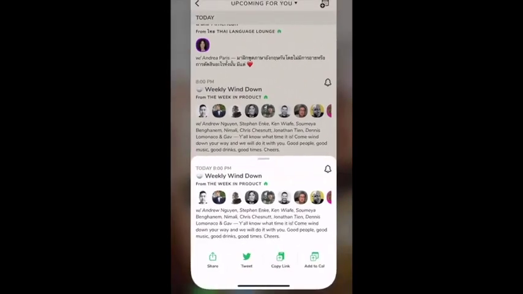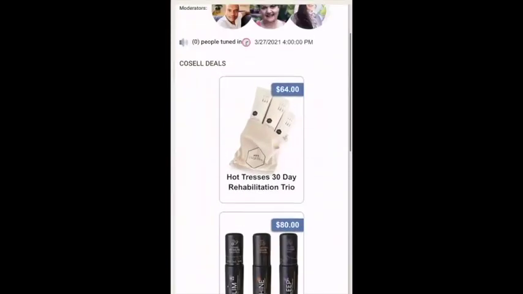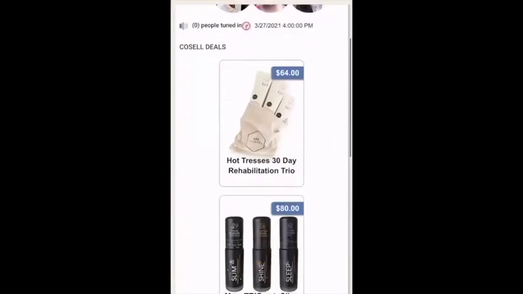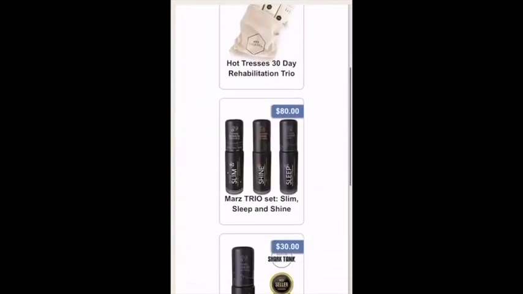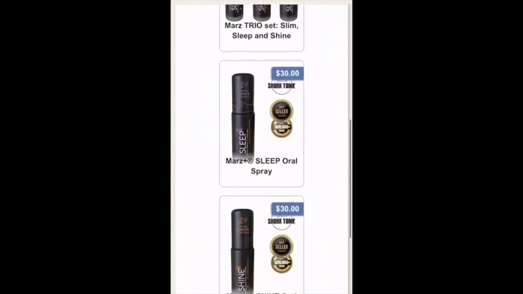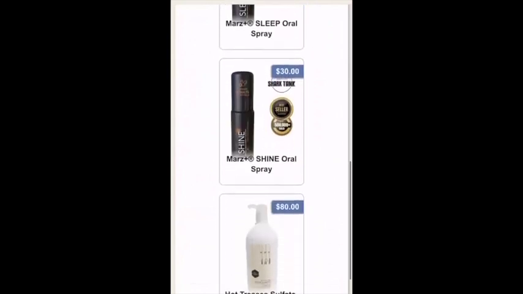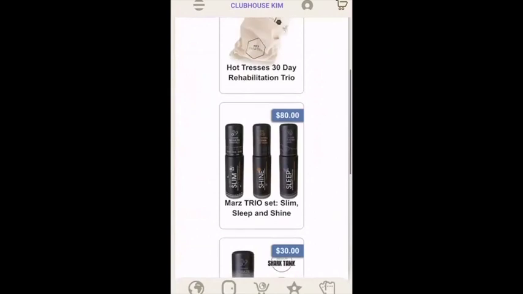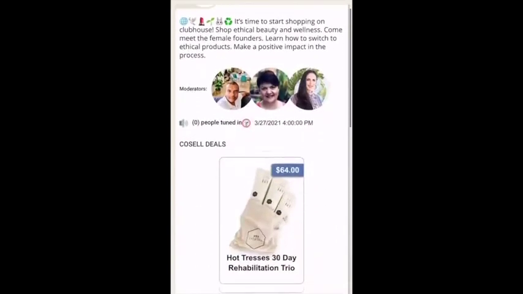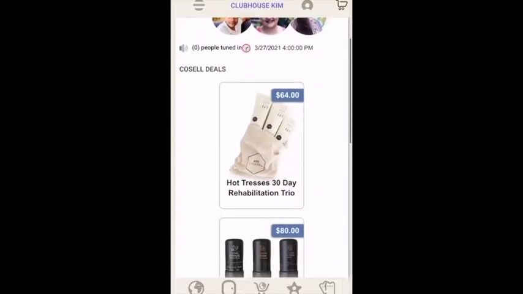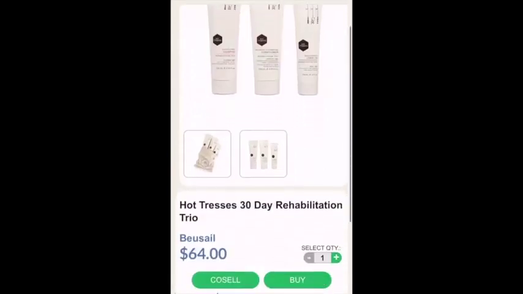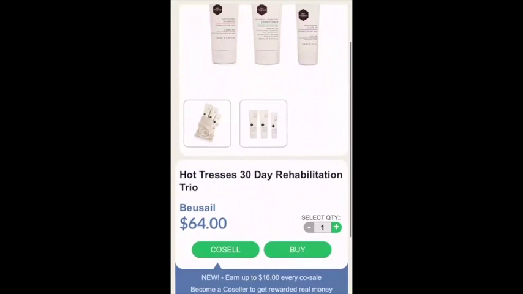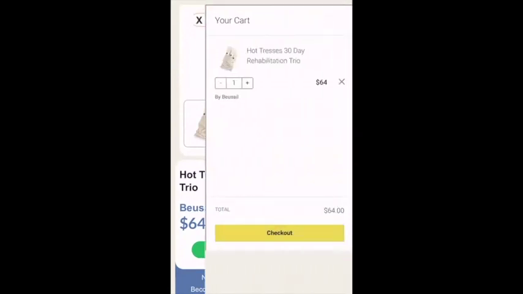What we will do is use that link to create something that actually looks like this, where people would come in and see what it's about, but also look at the products that people are going to be talking about right here within the invitation to the room, and you can just click and go to that room right up there. So here we can see these products, which of course look beautiful. And not only can you be listening about the products now, but you can actually buy them right here.